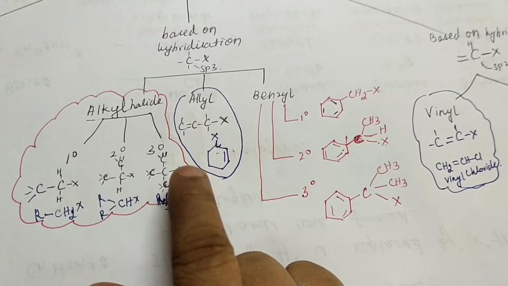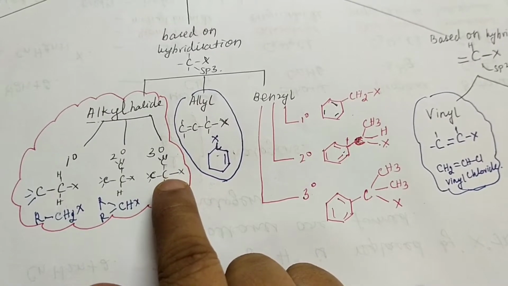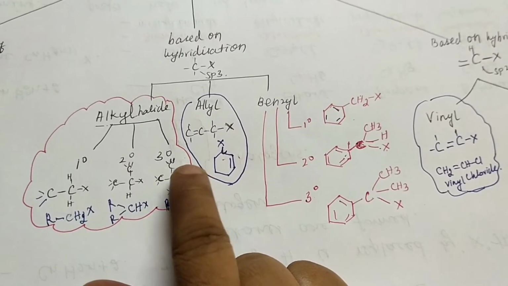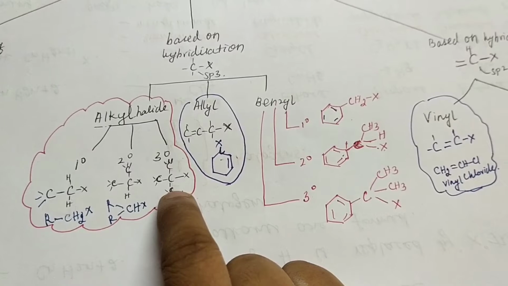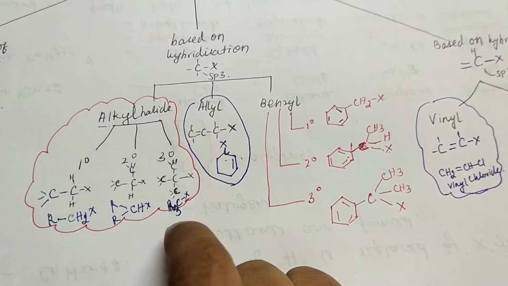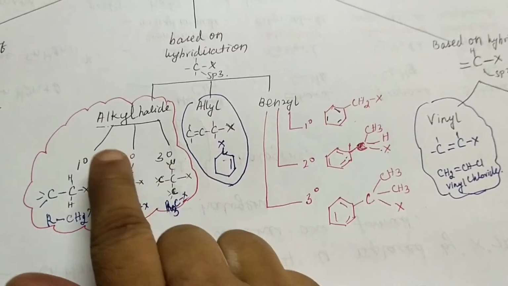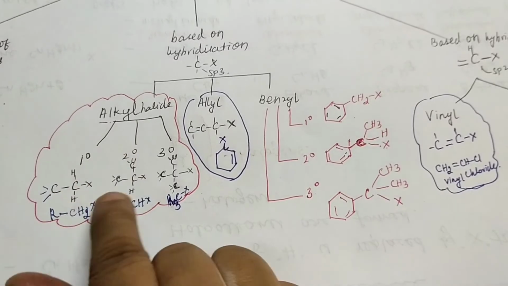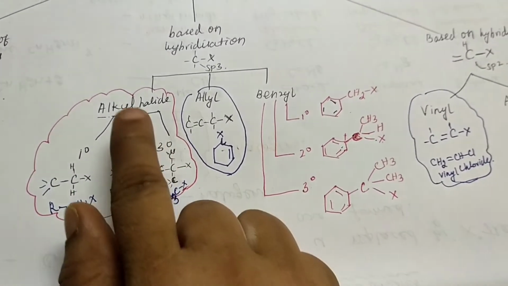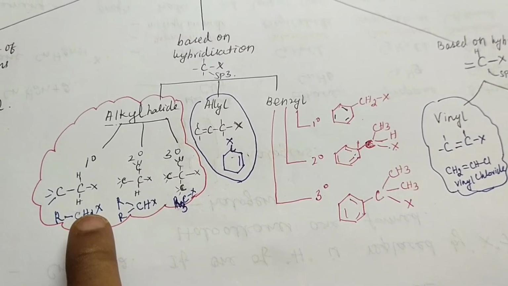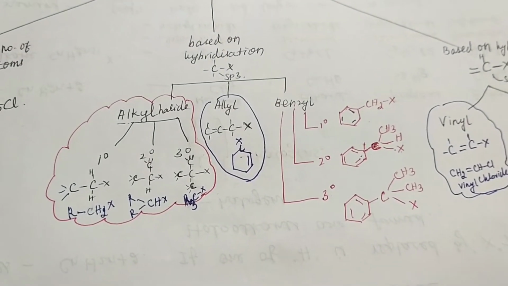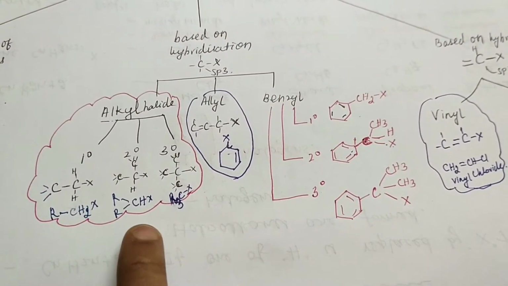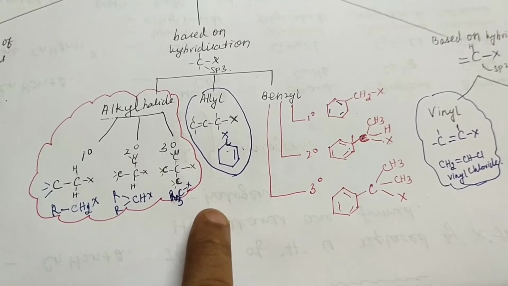Now tertiary. You would have understood: the halogen attached carbon is in turn attached to 3 other carbons. One valency is with the halogen and the other 3 valencies are with other carbons. Then it is called tertiary, so it is R3CX. So in alkyl halide, the halogen attached carbon is sp3 and throughout the compound there are only single bonds. It is further classified into primary RCH2X, secondary R2CHX, and tertiary R3CX.